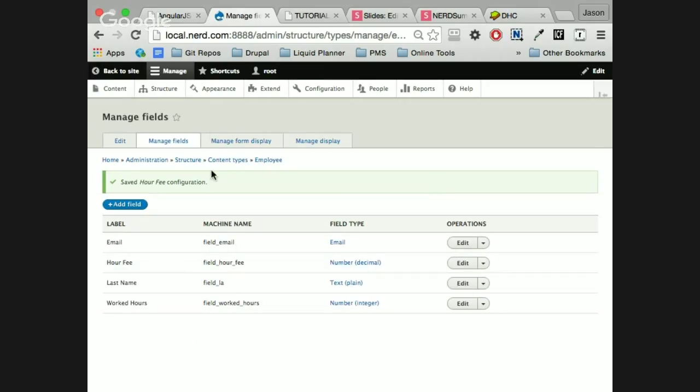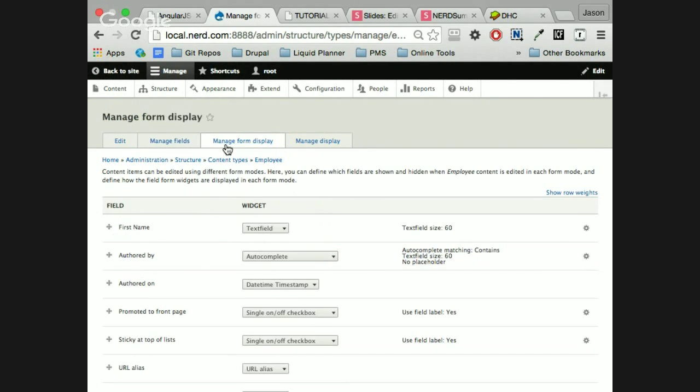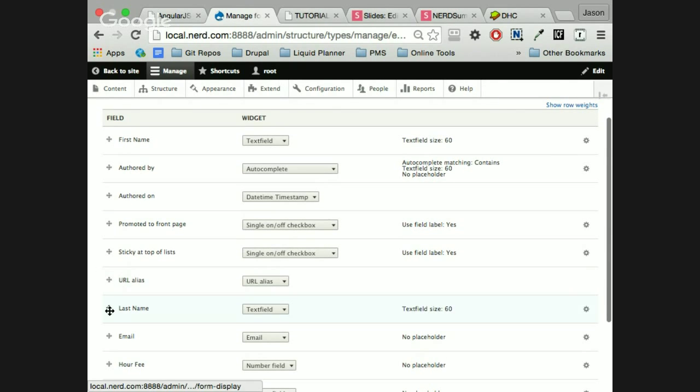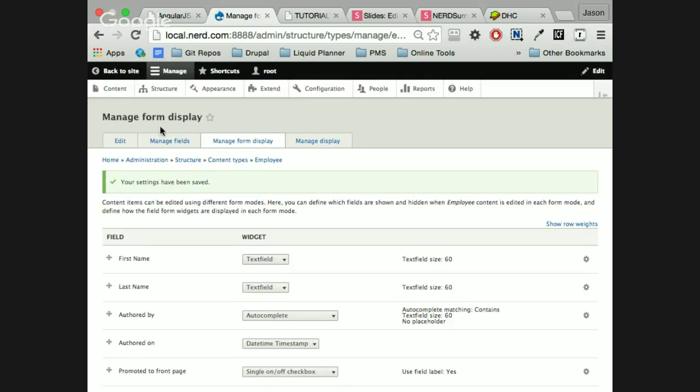Okay, now, the good thing about Drupal 8 is that we can split the way the form is going to be displayed as well as the way the node is going to be displayed. We're going to put last name next to first name, and that's only going to affect the form view.